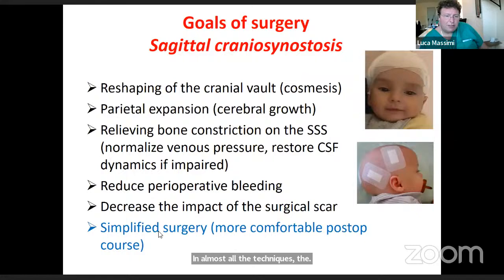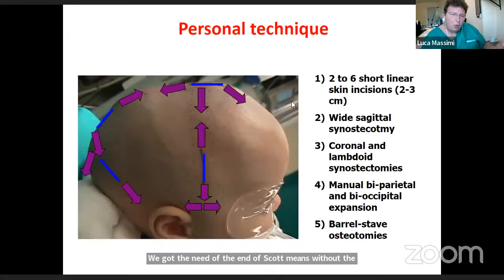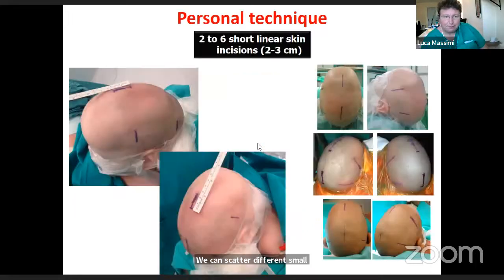That's why we try to simplify surgery with a more comfortable postoperative course. And it was the merit of my mentor, Professor Concezio Di Rocco, who designed 20 years ago this technique that is still a minimally-invasive technique that can be used safely and with good results until 4 or 5 months of age of these babies, without the mandatory need of the endoscope and with no postoperative helmet. We can scatter different small skin incisions along the calvarium of the baby, as you can see here,